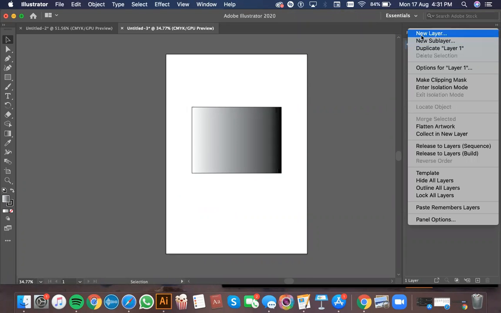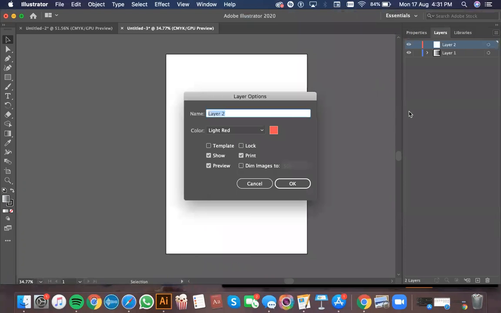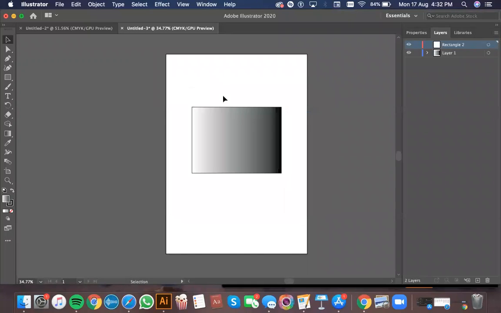You just have to press new layer and you can name it whatever you want. I'll just name it rectangle 2. अच्छा तो अब layers का ये scene है कि for example if I'm drawing on layer 1, I have a rectangle over here,